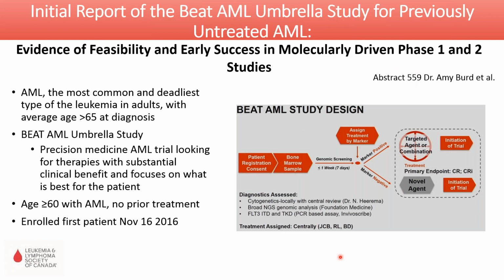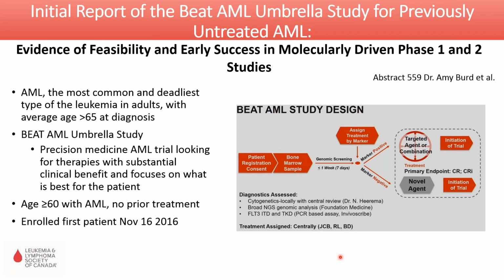Moving on to acute myeloid leukemia, this is the most commonly diagnosed adult leukemia, and unfortunately the one that's associated with a very poor prognosis. And it tends to hit older patients, so on average age over 65. And this group is very difficult to treat because they don't tolerate very intensive treatments very well. And so the idea of this BEAT AML study